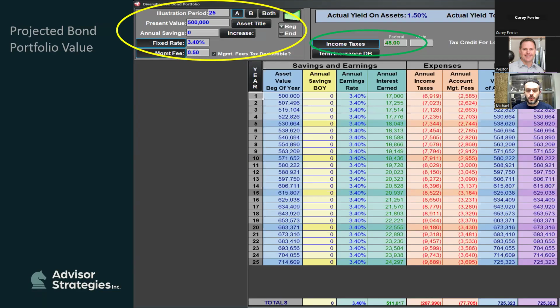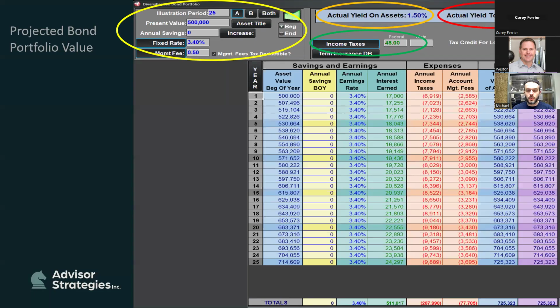Your earning rate is right there. The annual interest earned, the taxation you would expect on that, because we do have a 48% tax bracket as per the Alberta one, and what you would expect for account management fees. So there's the asset value at the end of each year, but also what's available to the heirs or the beneficiaries at that point. So when we run all the way through that, your actual yield on assets over that 25 years is 1.5% per year, and it's the same for the heirs, because regardless, at that point it's still the same amount that's going to come out.